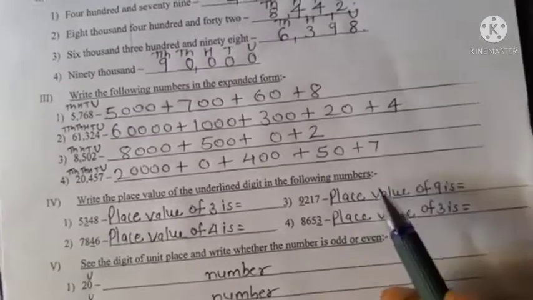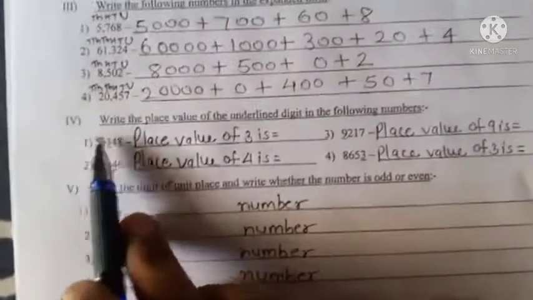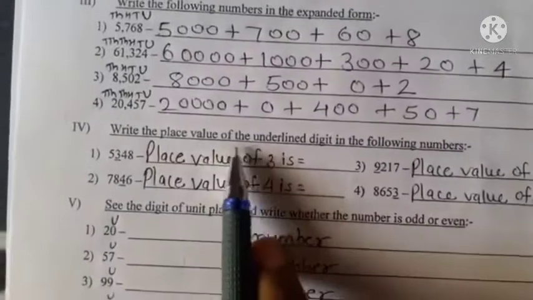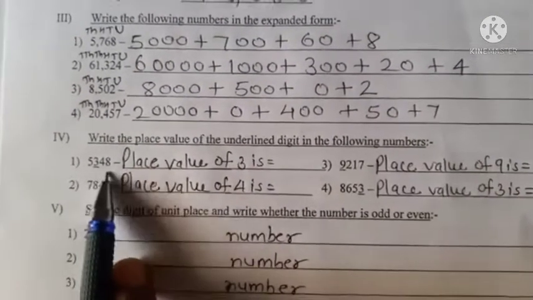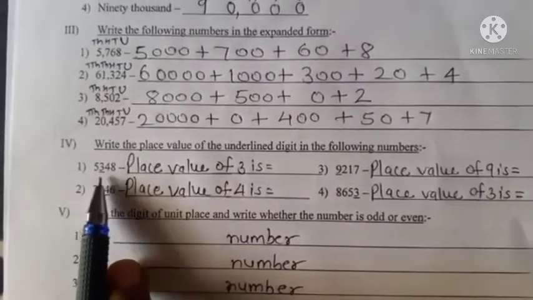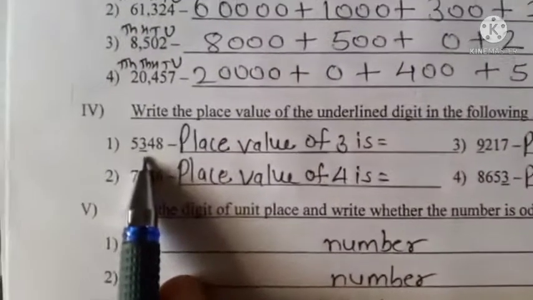Clear students? Yes. Now we will do question number 4. Write the place value of the underlined digits in the following numbers. Only you have to see the underlined digit. Here underlined number is 3. Okay, first question